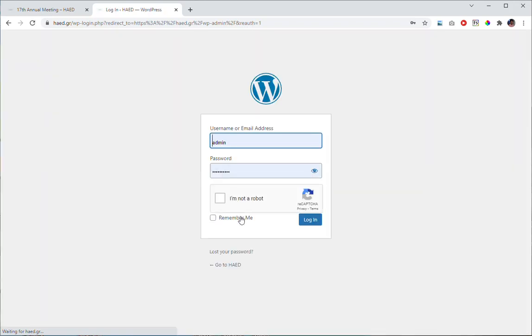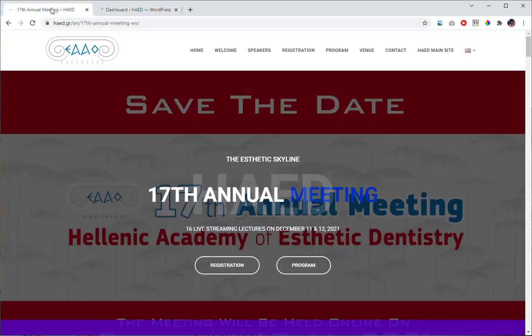Okay, I have my password already saved here. I will just agree to the captcha and click login. Okay, simply I'm logged into the dashboard, and if I refresh the page on the front end,